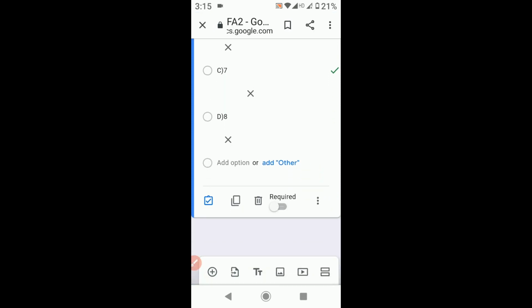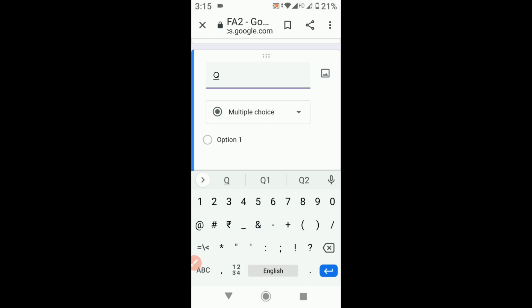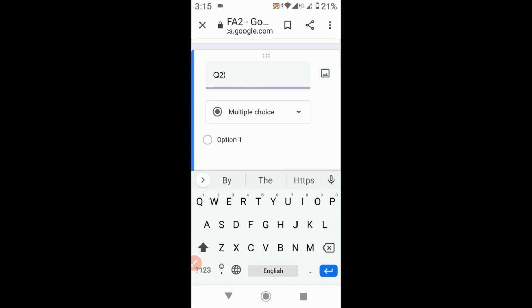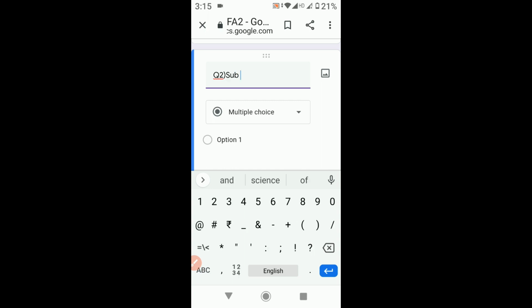Now you have to add the next question by clicking on plus, number 2, and the question is subtract 8 from 4.